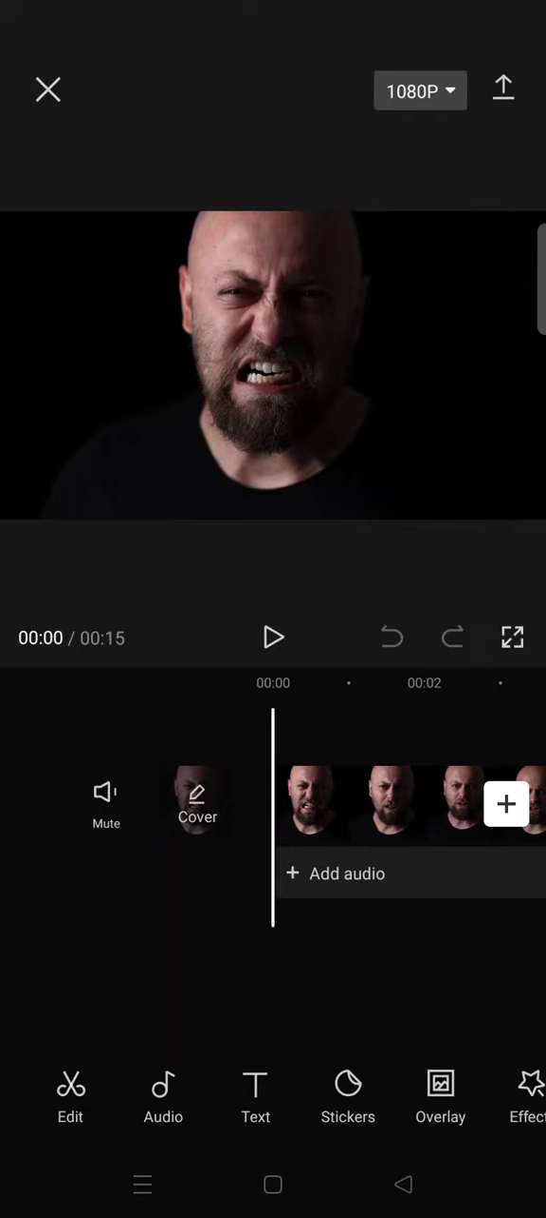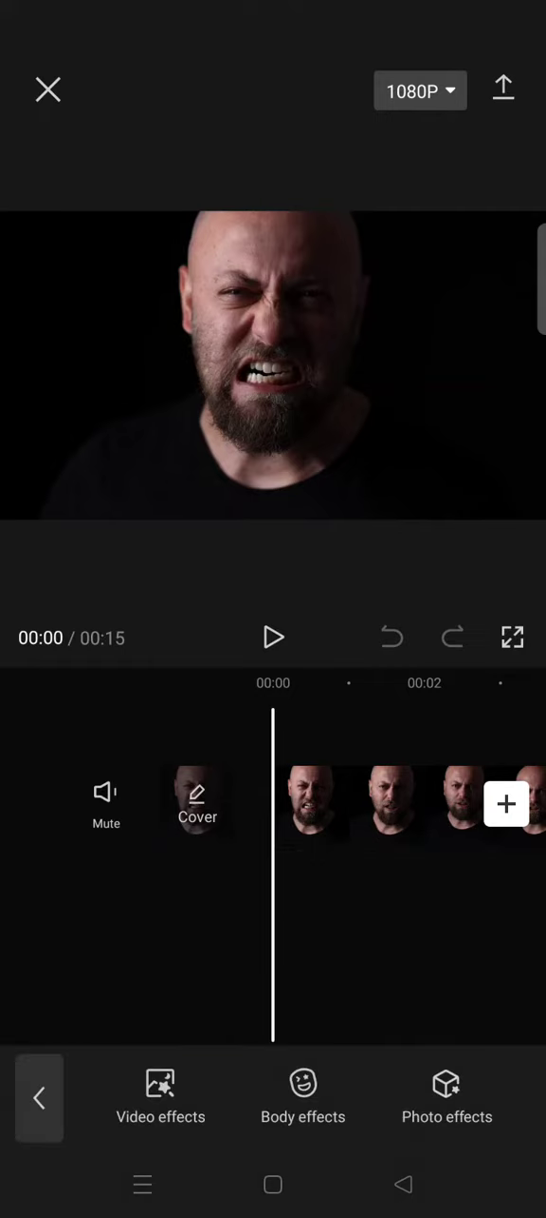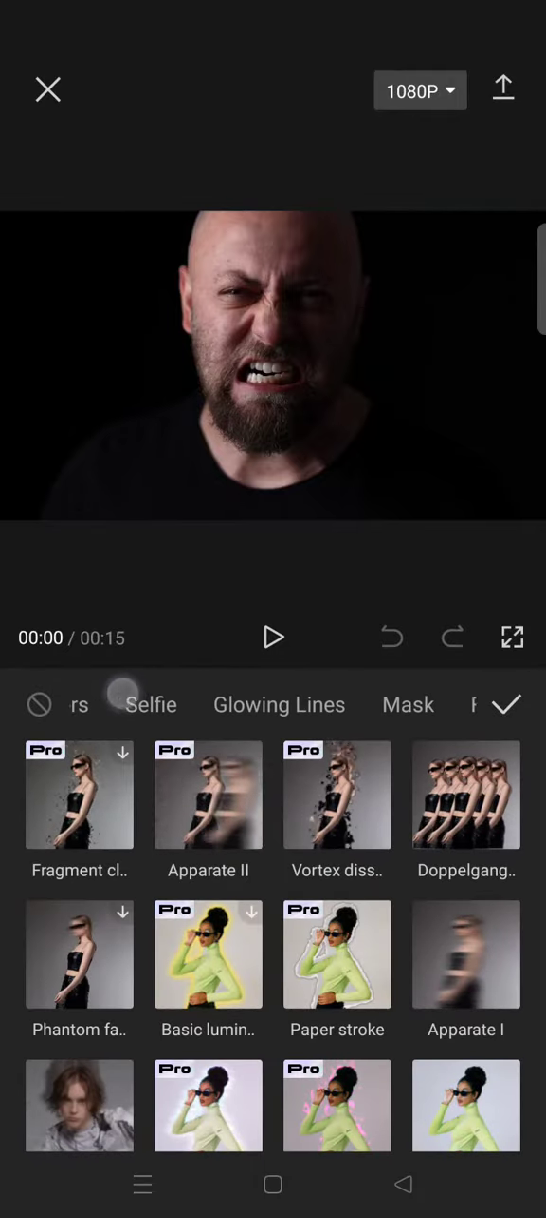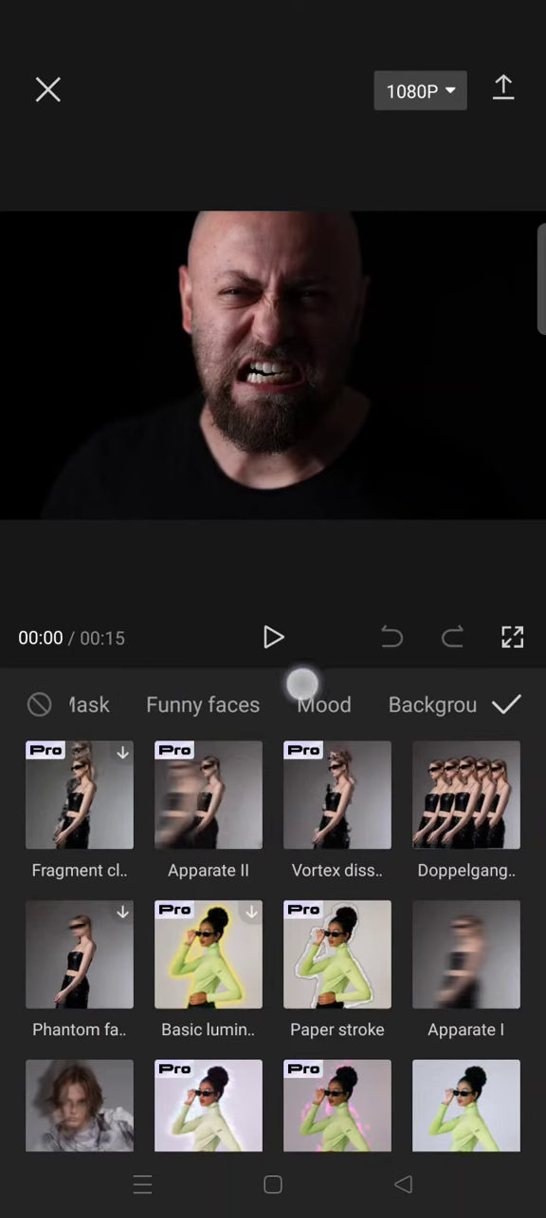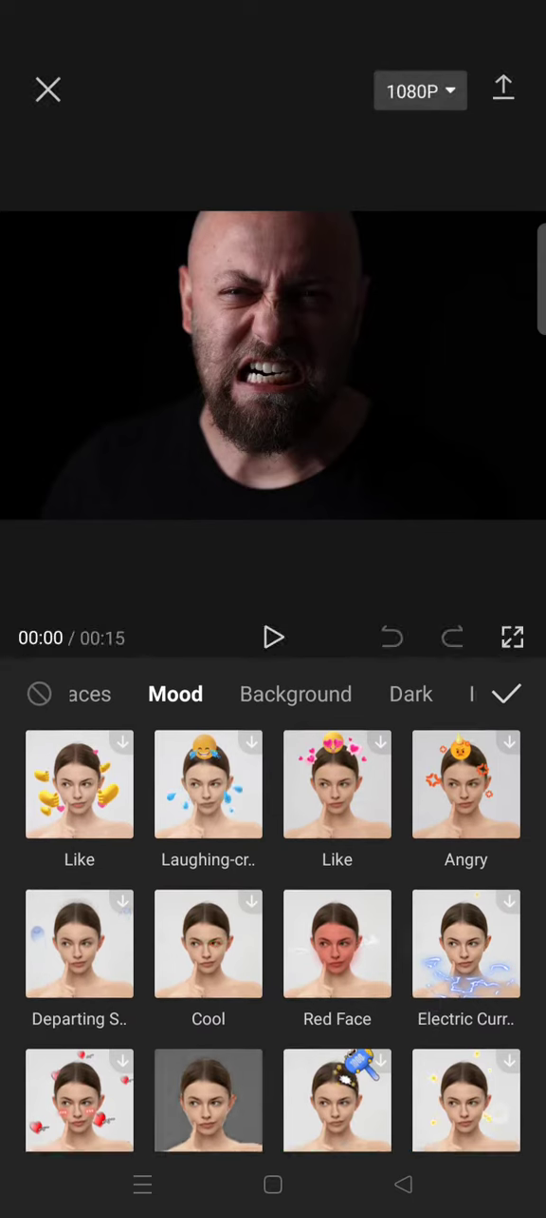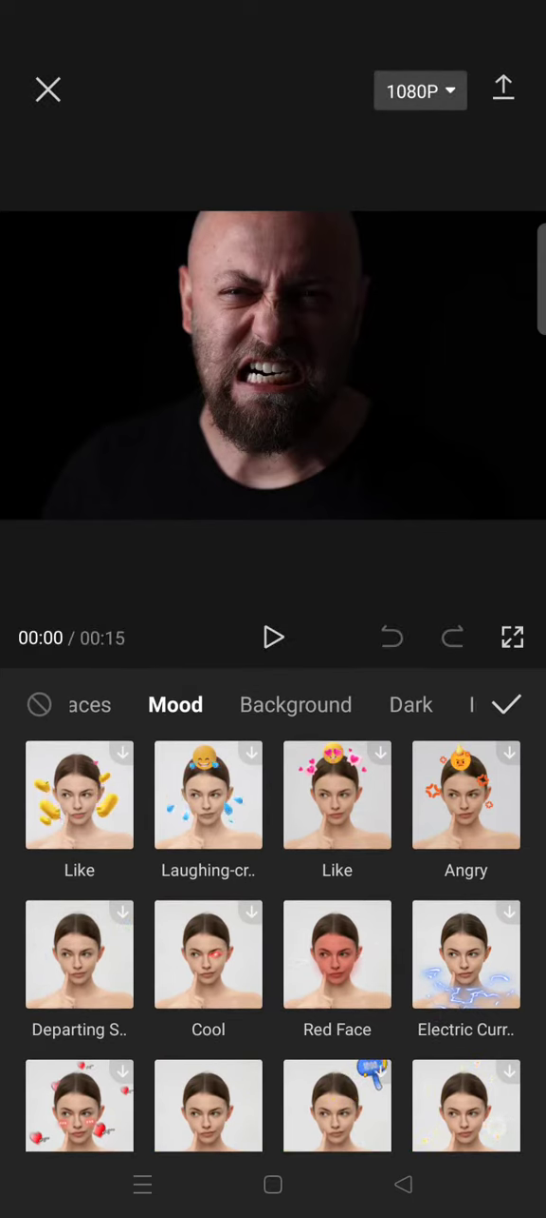On today's video, I'm gonna show you how you can add an angry face effect to videos or photos on CapCut. So after you import your video, to find the angry face effect, you can just go to the effects and click on body effects, and then here just swipe until you find the mood tab. Click on it and then scroll down until you find this red face